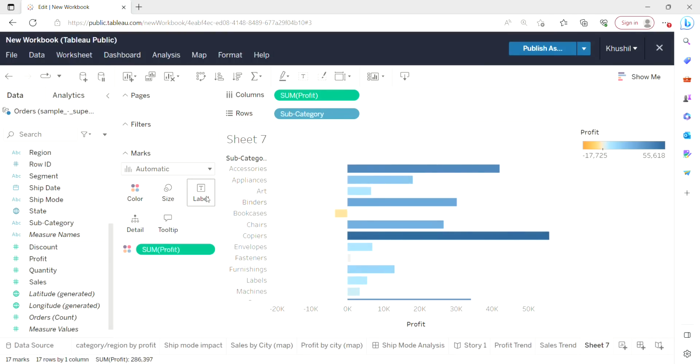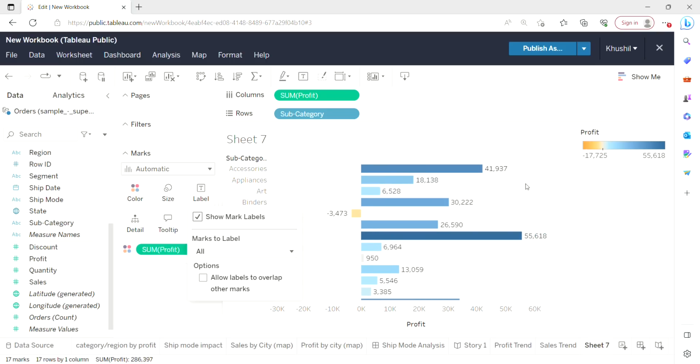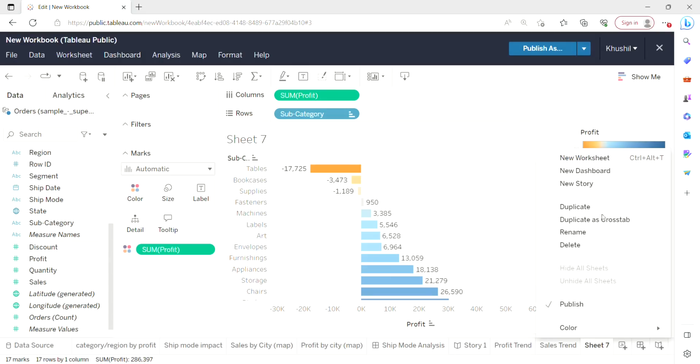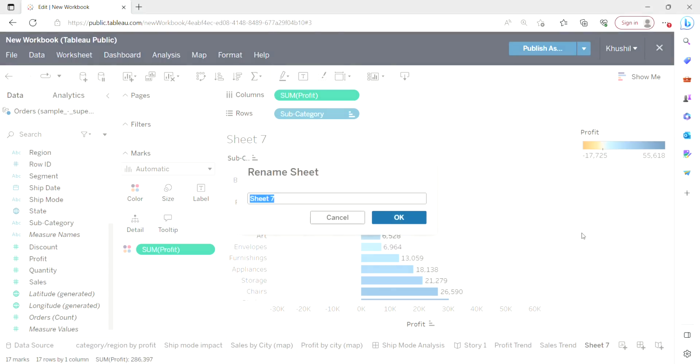Okay, and I will give a label as well, show label, so we can see this quantity as well. And let's say I will arrange it in ascending order. Okay, fine. So now this is looking good. I will simply write subcategories by profit here as dash C by profit. Okay, simply I will click on OK here,